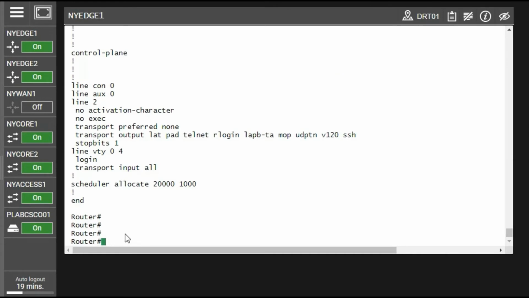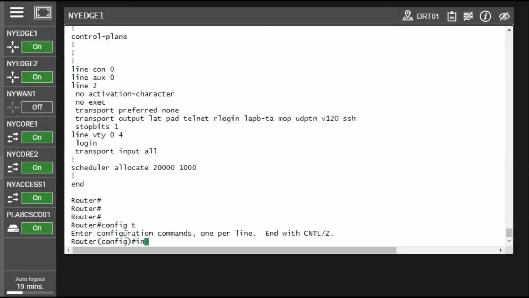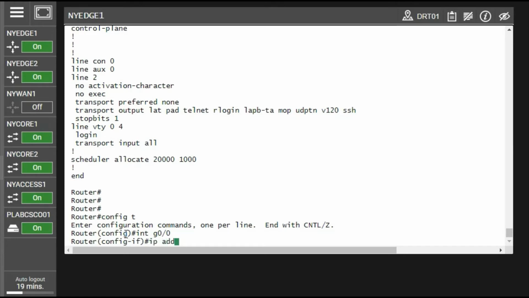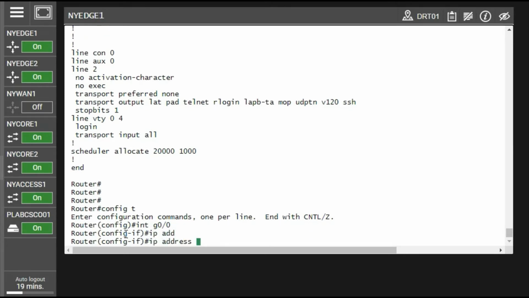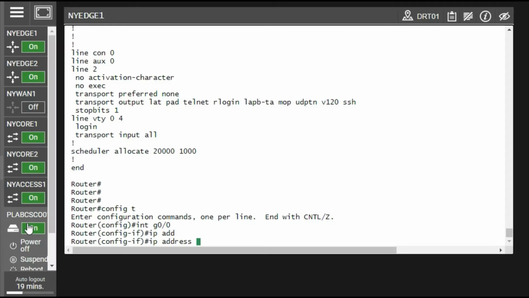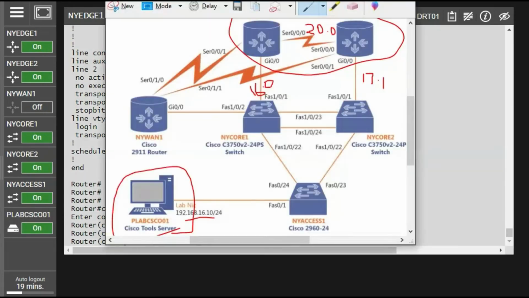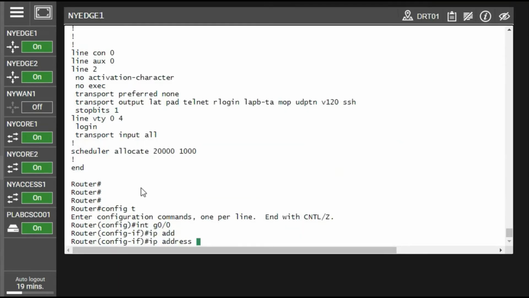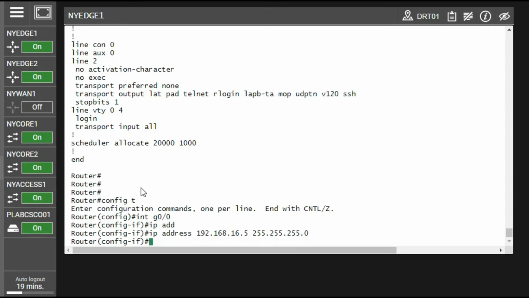The IP address must be in the same network. So the IP address of this PC is 192.168.16.10. So you can keep 16.11 or 5, anything. So 16.5, okay, and subnet mask of 24 and no shut.